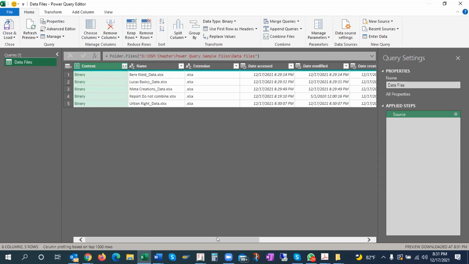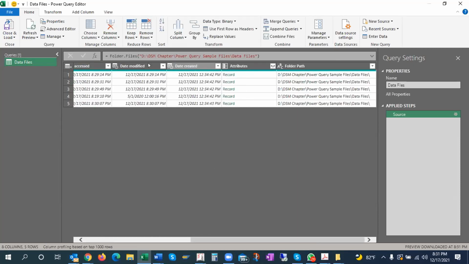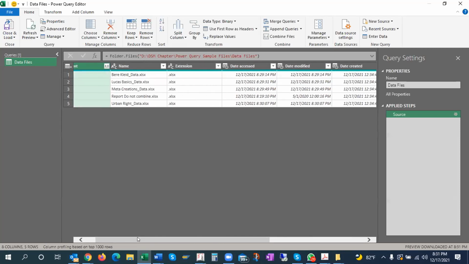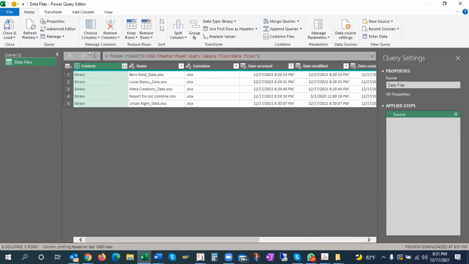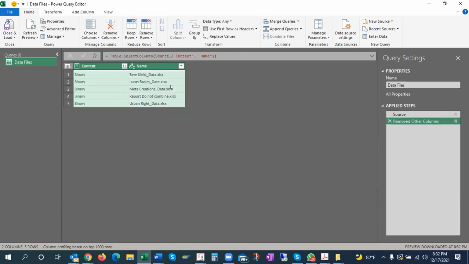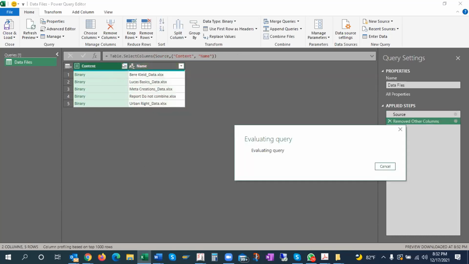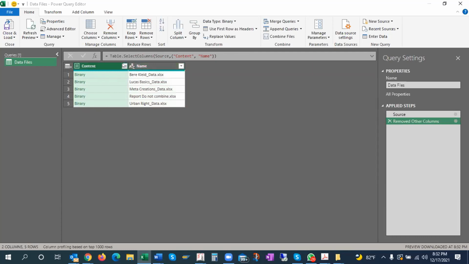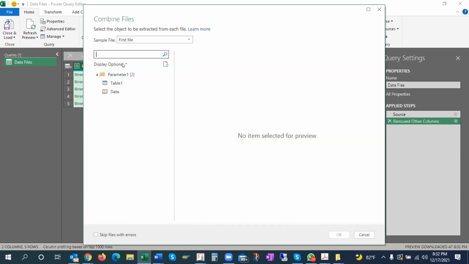Again, there are two ways of deleting. Earlier, I deleted these columns by selecting them. You can select like this also, which columns you want to keep. So I said, I want to keep this one, this, and this two only. And I right click and I say remove other columns. So I removed other columns now. And I expanded this query so the data will be seen.